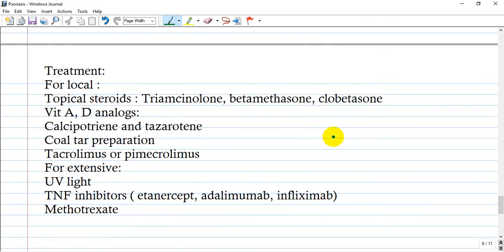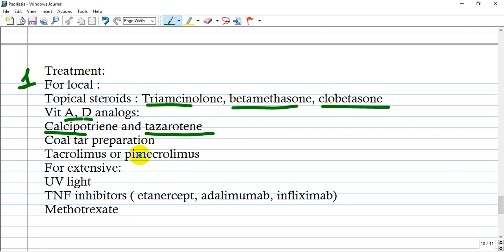What is the treatment of the disease? First of all, we are going to treat this with topical steroids like triamcinolone, betamethasone, clobetasone, vitamin D and A analogs like calcipotriene, and the vitamin A analog tazarotene or isotretinoin, coal-tar preparation, tacrolimus and pimecrolimus. It's interleukin 12 inhibitors. For extensive disease, we are using UV light and tumor necrosis factor inhibitors like adalimumab, infliximab, and the last one